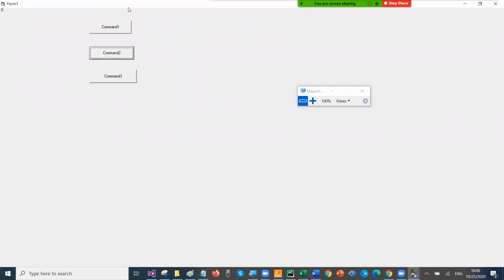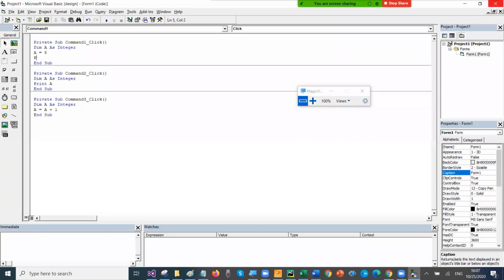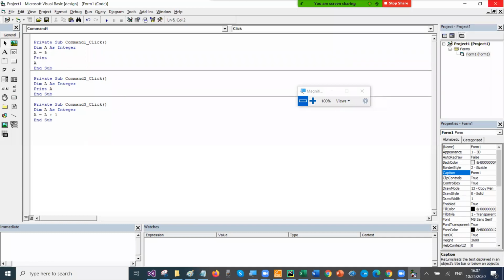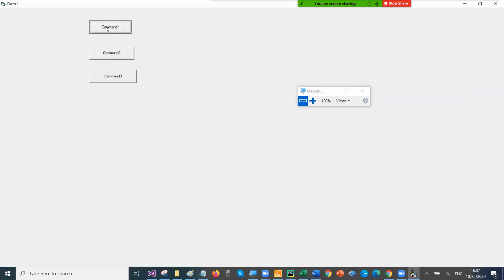Why 0? Because when the first one set the value of 5, we're using a local variable. And I said that a local variable works only in a particular module. So this variable value is 5 till, meaning it's going to run this line, create a variable, change it, make it 5, and then you can print it. So 5 will appear. But when this program ends, that 5 is removed and it will become 0 again. Check that. So it is 5.